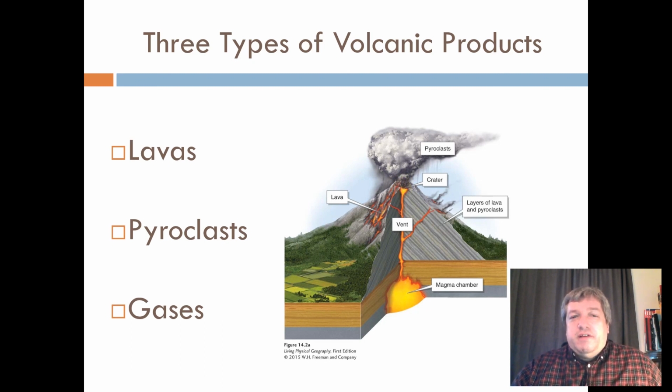But the other thing that comes out of volcanoes is gases. A lot of these rocks are composed of elements like oxygen or sulfur or carbon. As this rock melts up through other rocks, it releases those elements as gas. Volcanoes are the largest supplier of carbon in our atmosphere. They give off more carbon every year than humans do, actually. And then pyroclasts in the middle, these are the things that are not gases and not lava, so chunks of rock and ash.